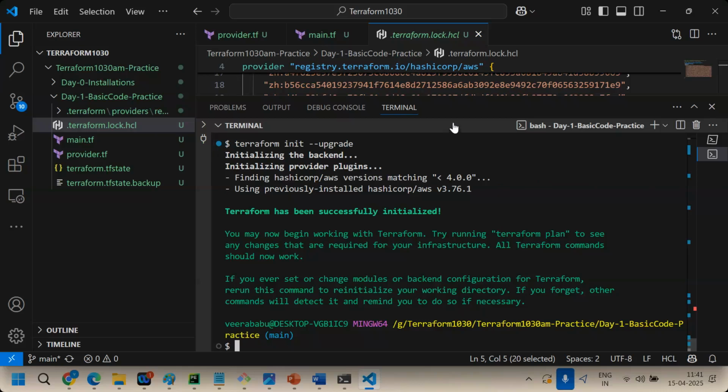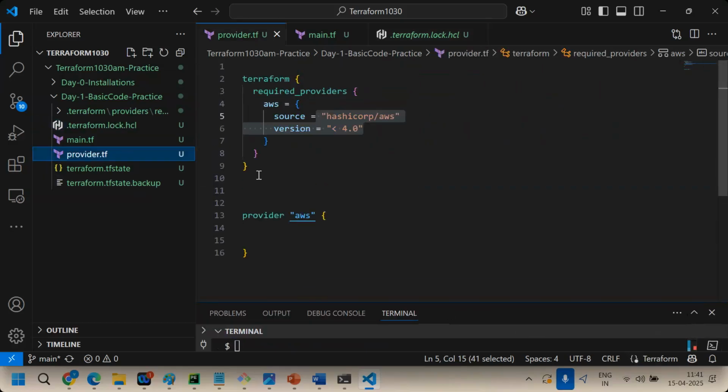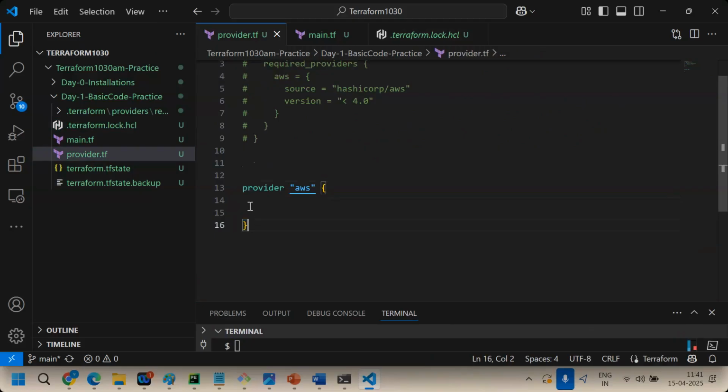Okay, I'll do one thing, guys. I'm selecting and pressing Ctrl forward slash for commenting. If I delete this block, it will be missing, right? Commenting means this is not working now. The lines are commented, so this is not executing. So Terraform will execute only these 3 blocks.